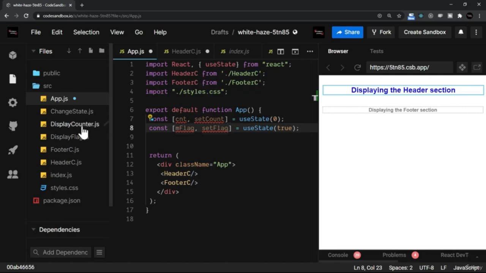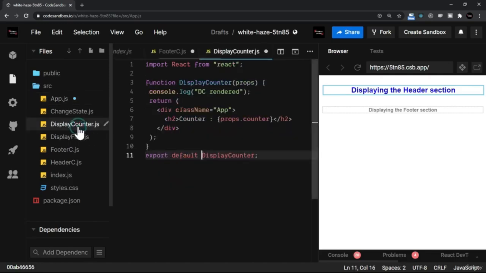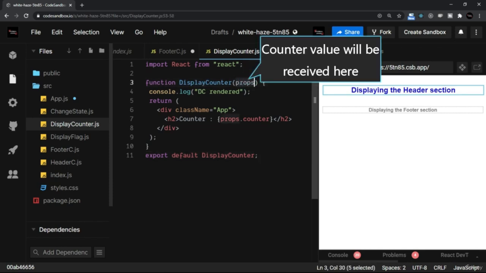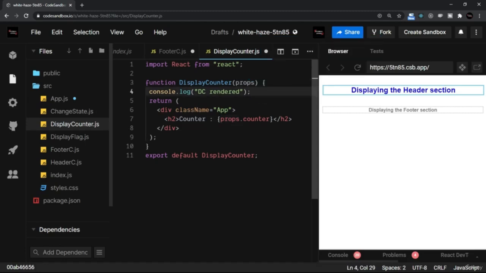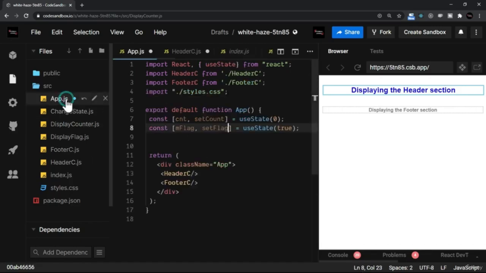Let's start coding it. I'll open DisplayCounter.js for your reference. Here also I am doing the same thing. I have the function DisplayCounter, which is a component which receives props. So whatever is the value of counter, that I'm going to receive in props, and this also displays a console log and the message that the DisplayCounter component is rendered. It is just a display layer, so I just want to import this. Let's import DisplayCounter